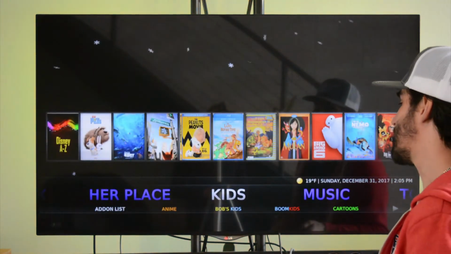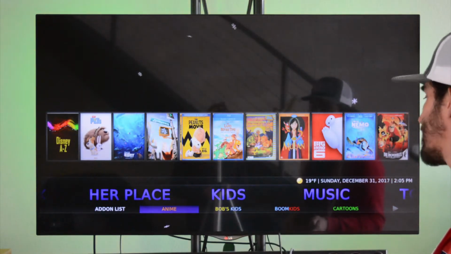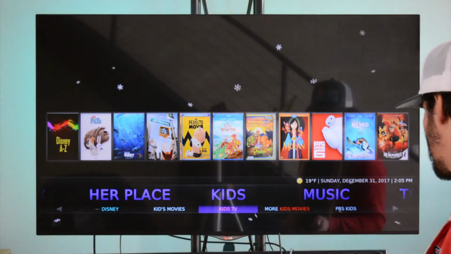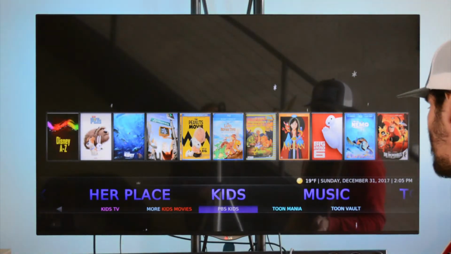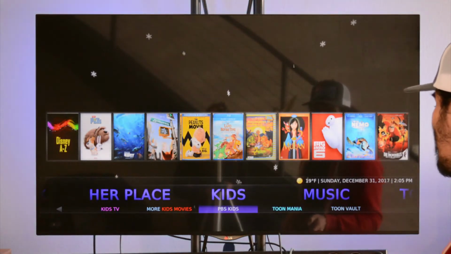Same thing with the kids. We groomed the options here for you since the last update so that the majority of everything you click on will actually work for you. And there's a lot of good categories there for you. Everything from PBS to Toonmania, and a lot of